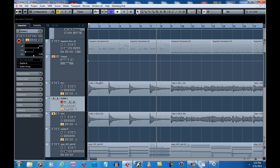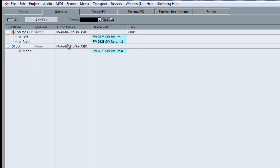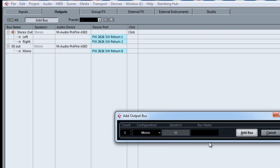So in order to get the DI track out of your computer and into the reamp box, you have to add an output bus for it. So in Cubase, we hit F4, which brings us to the VST connection screen, and we have to make sure we're on outputs. I already set one up here, but if I were to set one up again, I would just hit Add Bus, make it a mono bus,